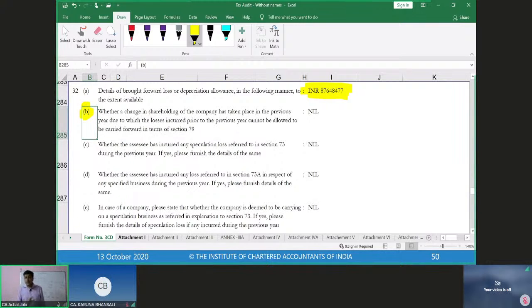But all of these adjustments will not be required to be done by the auditor. The tracing of the last year's financials, last year's income tax return, 3CD will be done by the auditor. But this computation of the current year's number will be done by the management, and the auditor will need to verify that. Auditor will need to check that computation. Auditor will also need to ensure whether this is in line with the provisions of the Income Tax Act or not.